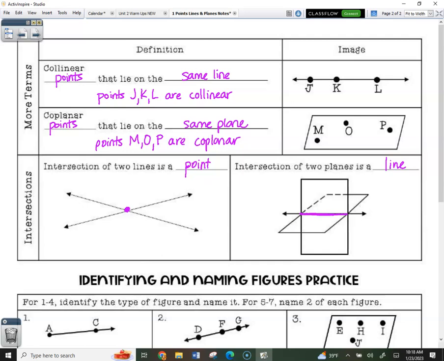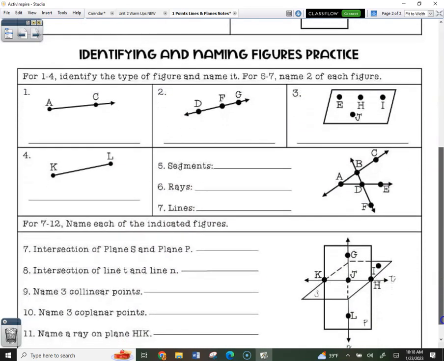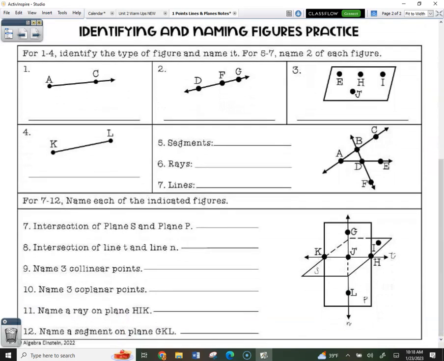All right, now I want you to go to the bottom and do 1 through 12. You're practicing 1 through 12 right now. For 1 through 4, identify the type of figure and then name it. So what vocab word is it, and then name it. For 5 through 7,